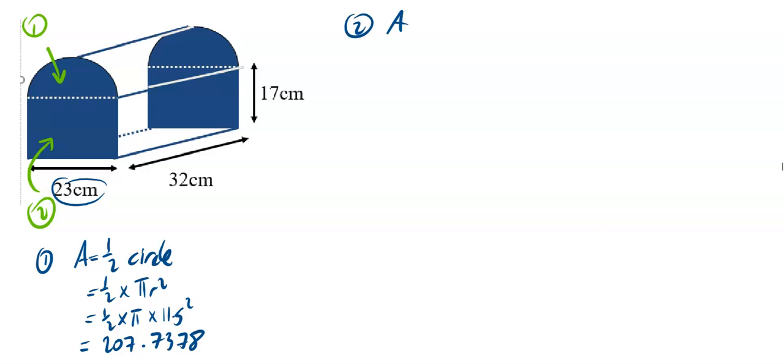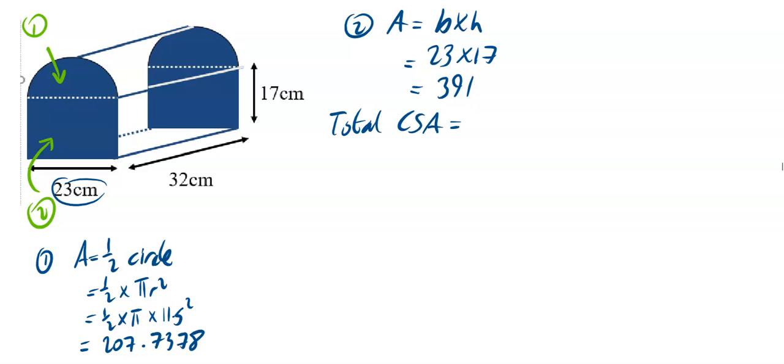Okay, area 2. So what is 2? 2 is a rectangle, so it's just base times height, which is what we normally say. So the base is 23 and the height is 17. So if you do 23 times 17, you get 391. So we'll just say our total cross-sectional area is equal to 391 plus the 207.7378. And if you do that out, what you're going to get is